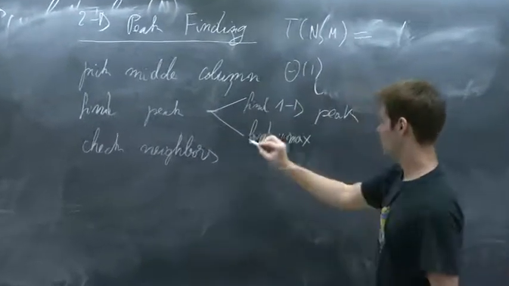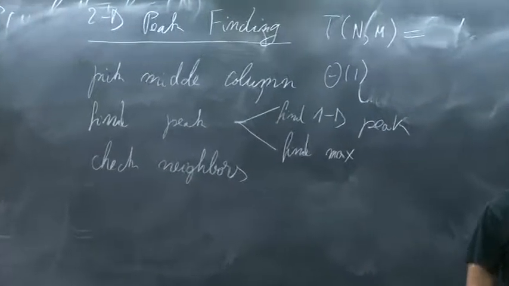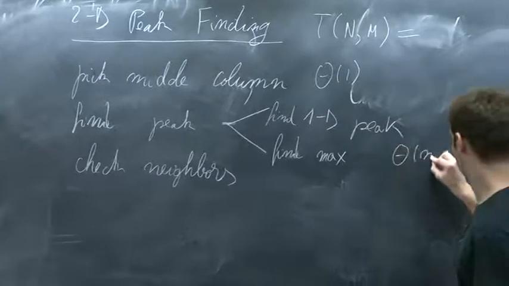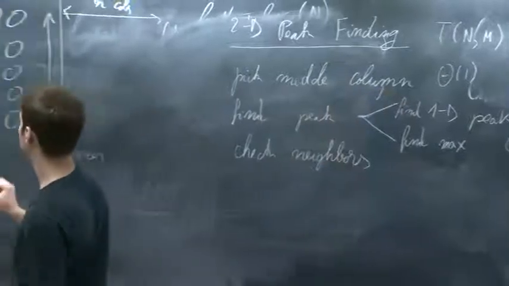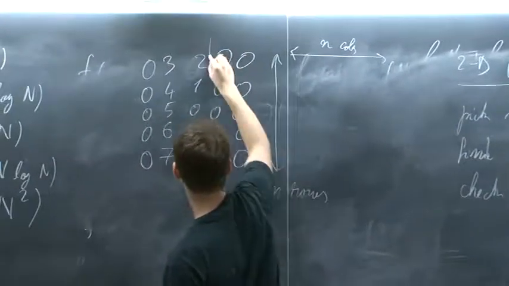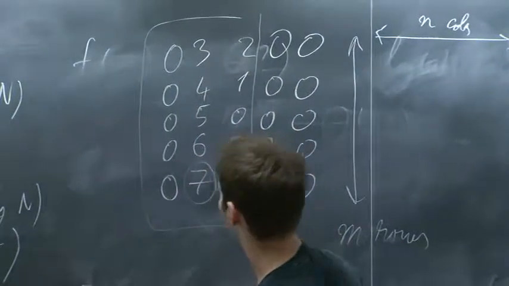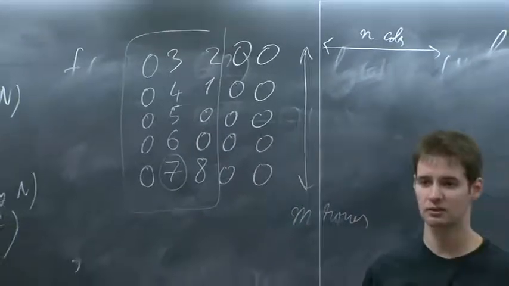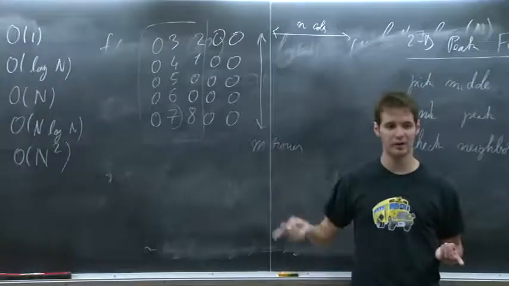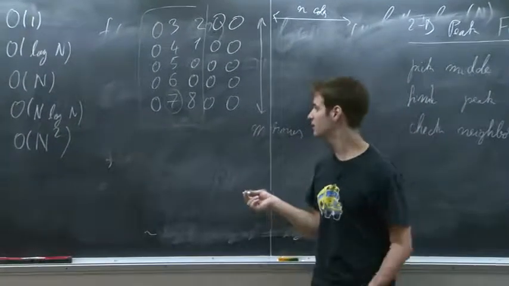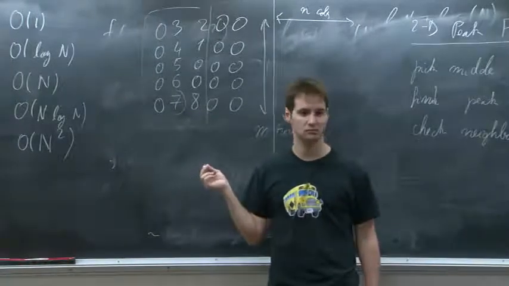What's the running time for finding a maximum out of n numbers? Perfect. And suppose we do that here. Suppose these rows don't exist. Suppose this is my entire matrix, and I'm here, and I found a maximum. What do I do? I look left, I look right. If both of them are smaller, then it means I found my peak, because I know that number was a maximum in my column. Now, if that's not the case, if I find a number that's bigger, I'll go in that direction. Does that sound reasonable?